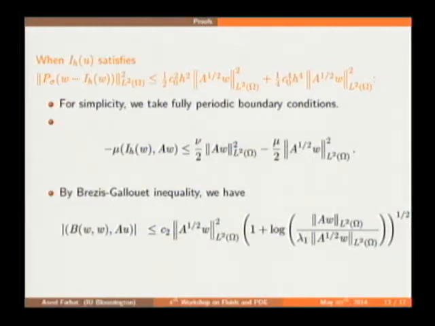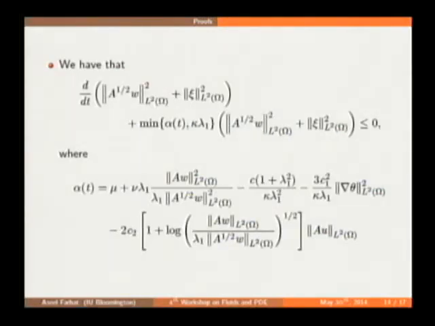And for the nonlinearity term, just for simplicity here, I'm assuming fully periodic boundary conditions, even though this is not the physical case, but just to show you the estimate, you can use the orthogonality property of the nonlinearity in 2D when you take the inner product with AW, and then you can rewrite your nonlinearity to be just this term, and then you use the Brezis-Gallouet inequality. Now, after you use the Brezis-Gallouet inequality, you do the estimates on the other terms the usual way. You use Poincaré, Young, Hölder inequality, we use Agmon's inequality, and we write an ODE that looks like this, now again for the V